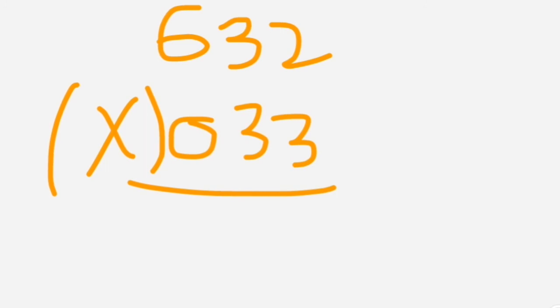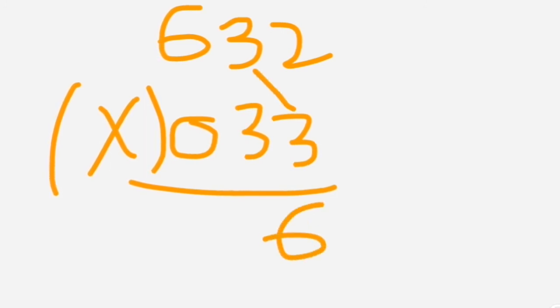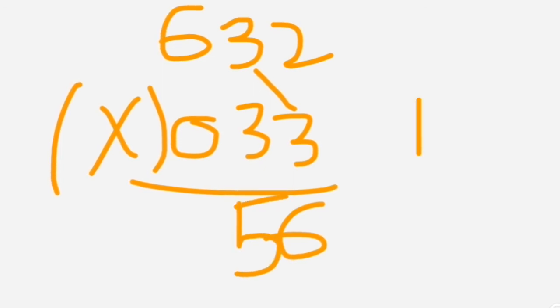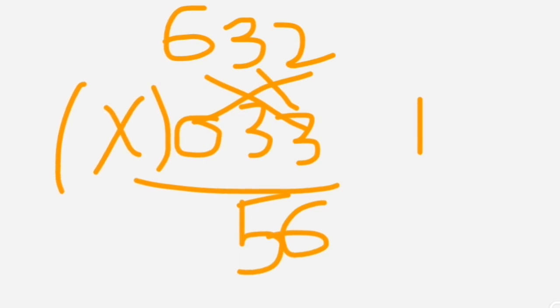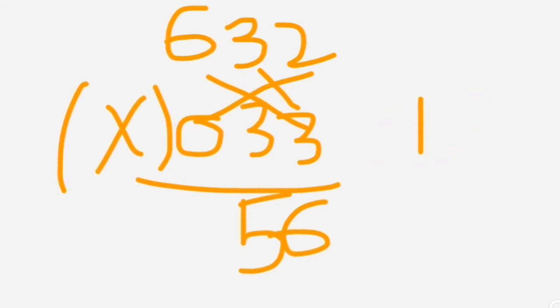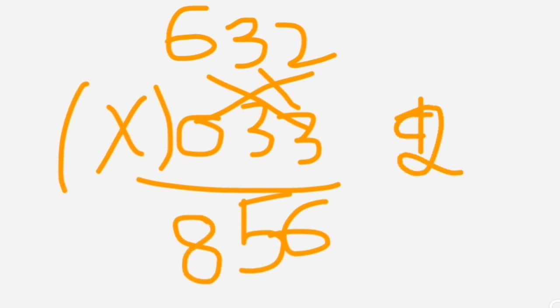Just multiply fast. So 3 into 2, 6. 3 3s are 9, and 2 3s. So 9 plus 6 would be 15. So we are writing 5 here, and 1 carry out to the next number. Next, the middle step. 2 into 0, directly 0. So 0 plus 6 into 3, 18. 0 plus 18 would be 18. So 18 plus 9 would be 27. 27 plus 1 would be 28. So we are writing 8 here, and 2 carry out to the next number.